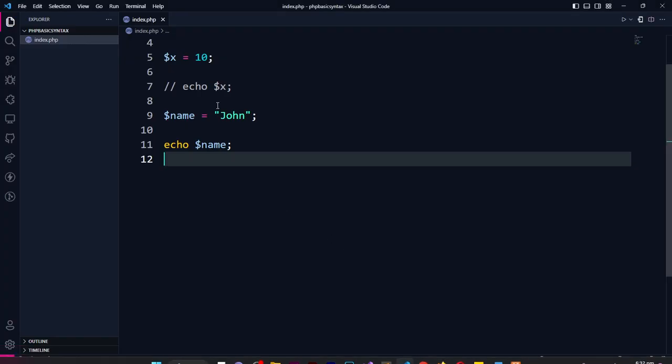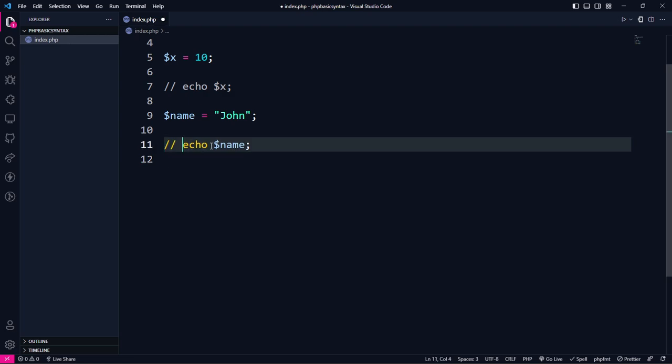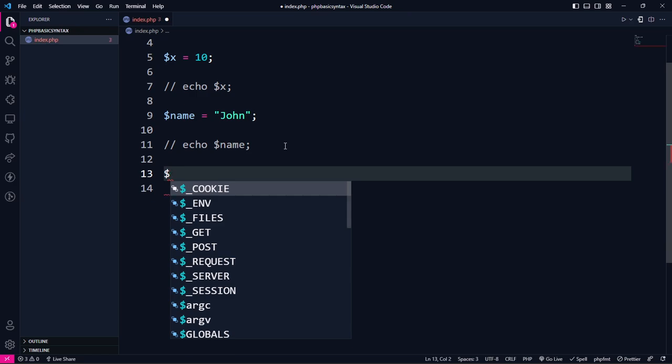Okay, yes, so John is printed or outputted to the browser. All right, now we can also work with what we call Boolean values, a true or false value. So again, let me just comment this one out and say that we can, for instance, have a system